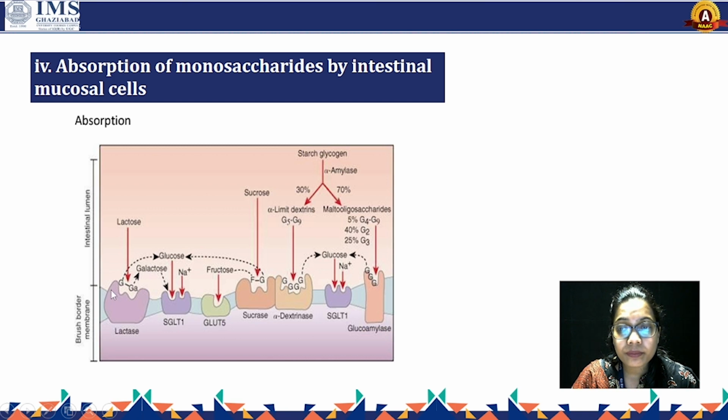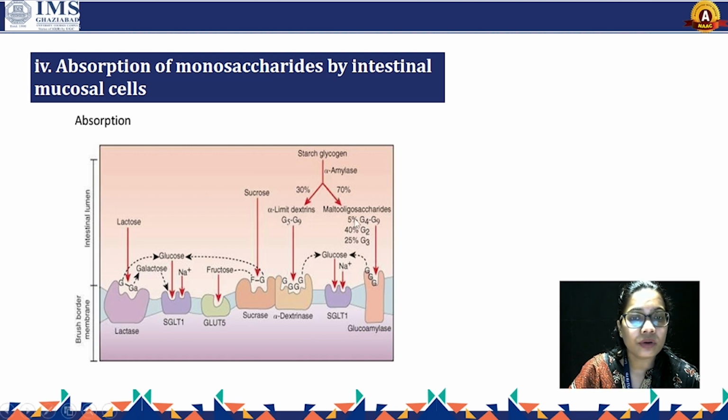The apical part of our cells has multiple enzymes which act on a particular food product and convert it into a simpler form. For example, if we have consumed starch or glycogen, the alpha amylase, which is present in salivary amylase, will act on it and convert it into two forms,